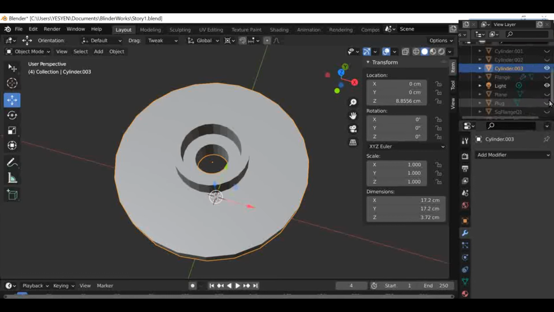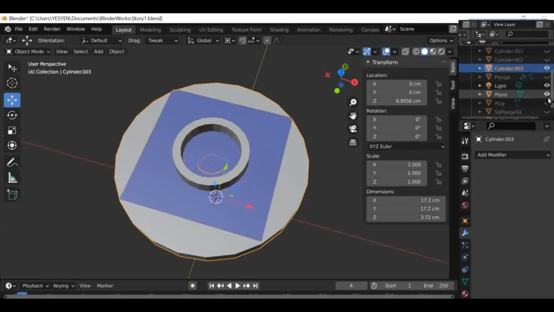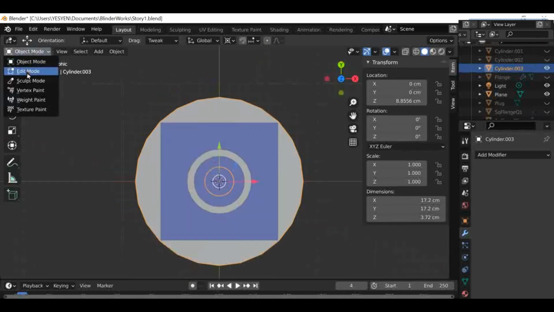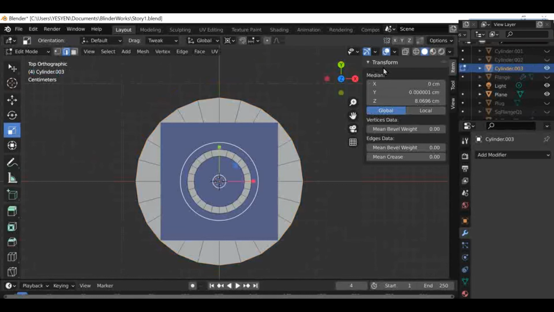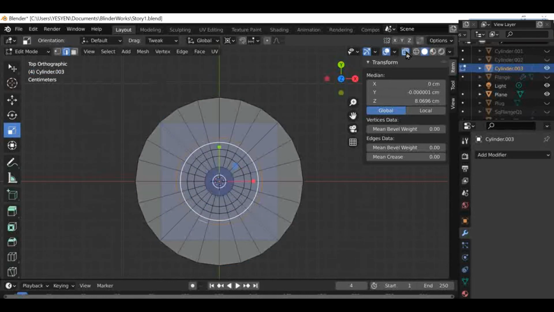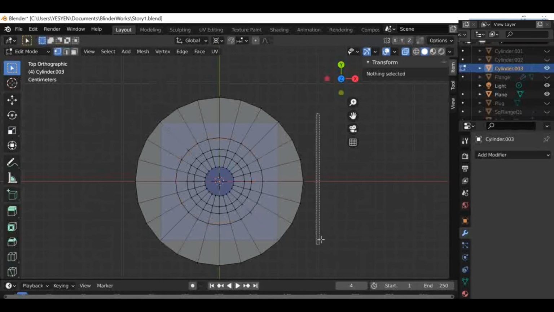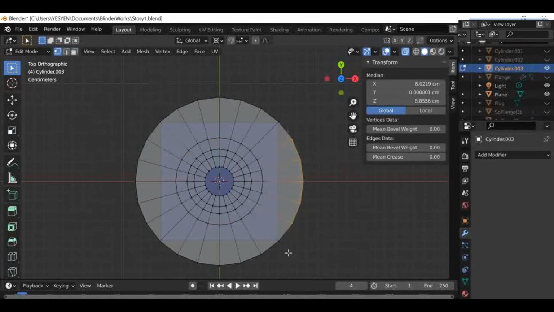Okay, we will invoke the square shape. Go to edit mode, take the X-ray facility, keep the vertex open, select these vertices, take the scale,